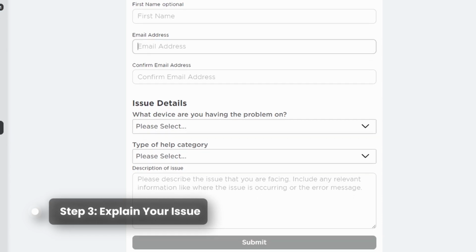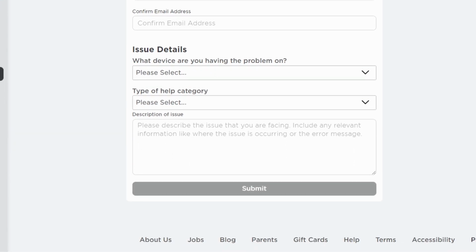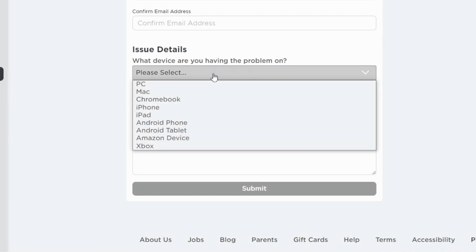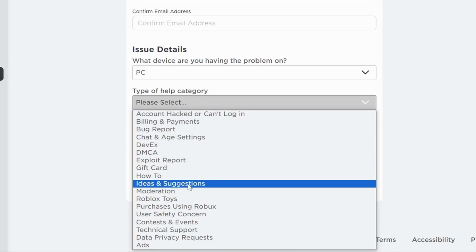For step 3, we need to explain your issue. In the reporting form, clearly state the issue you're encountering. In this case, mention the error code 291 and explain that it states player has been removed from the data model. So let's see, what device are you having the problem on? Let's, for example, click PC, type category,